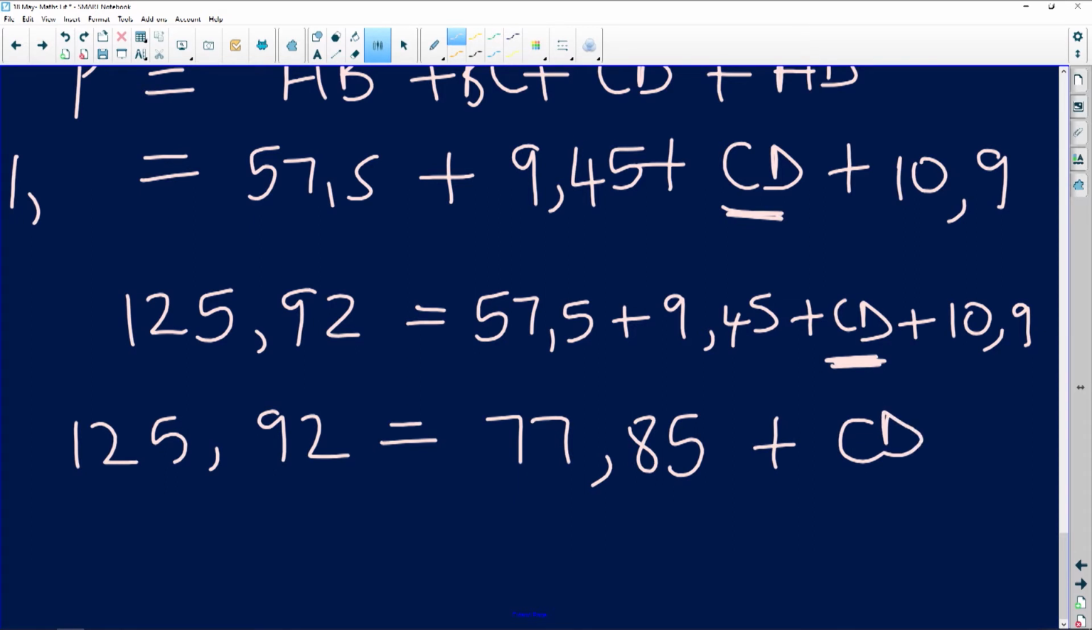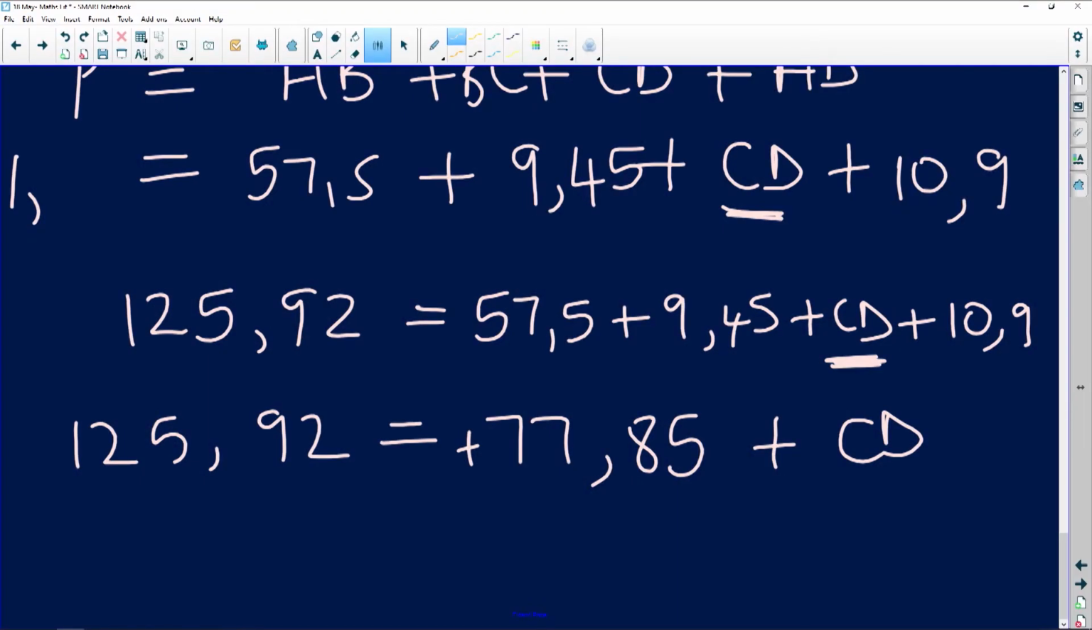So because I know that this is a positive number, and in order for me to get rid of this positive number, it means that I need to subtract it on both sides. What I do on the left, I do on the right. So what am I doing? I'm going to subtract 77.85 from both sides. So I'm then going to say